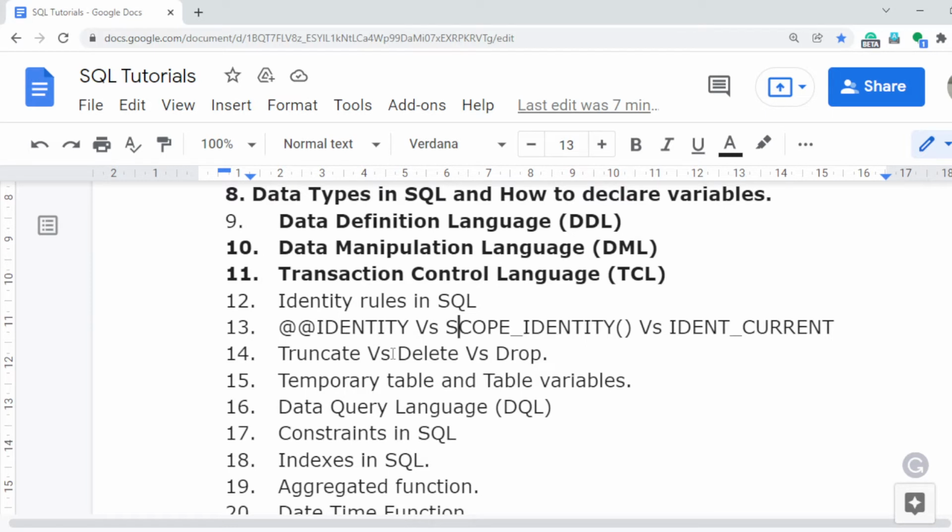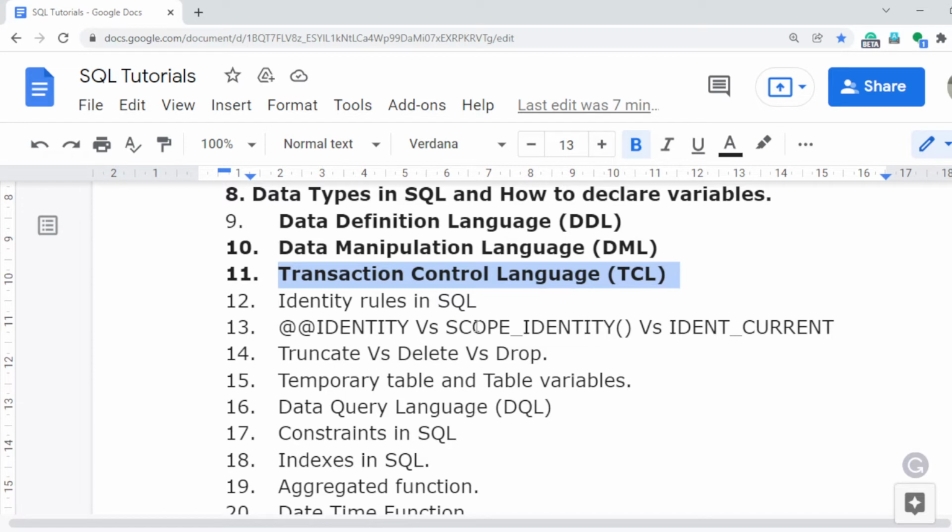Last video I discussed the transaction control language, that is the TCL. I already discussed how you can work with commit and rollback, how you can utilize the commit, and how you can revert back the data if you updated wrong information in your table. So how the commit works, how the rollback works, each and everything I discussed around in the transaction control language.